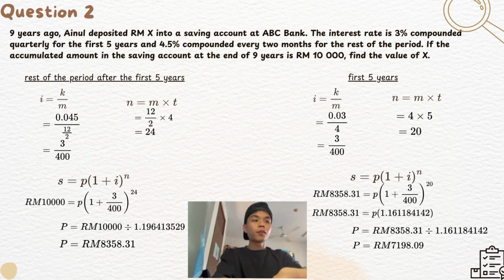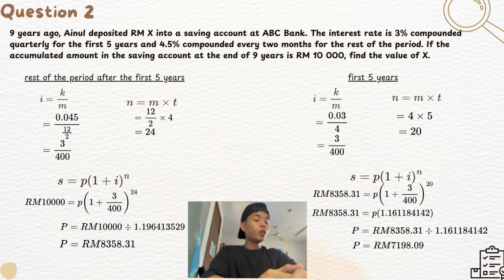Question 2. In this case, we need to find the rest of the period after the first 5 years first. So we are going to use the formula S equals P bracket 1 plus i bracket n. Same as question 1, we need to find i and n first. For i, we use the formula k over m. So 0.045 over 12 over 2, because it says it is compounded every 2 months. So we get 3 over 400. For n, 12 over 2 times 4, we get 24. So we insert the numbers: S is RM 10,000, P bracket 1 plus 3 over 400 bracket